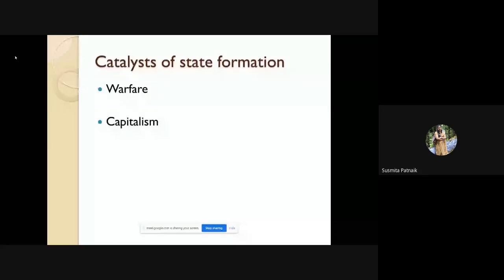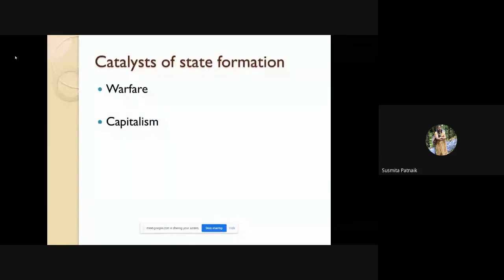India got its independence only through what? Through war. The war may be violent or non-violent, but there is a specific war. Or take the French Revolution of 1789, where they got an independent entity through warfare. Or take the United States of America: in 1776, they got independence through warfare. So war is the means by which the state was formed.